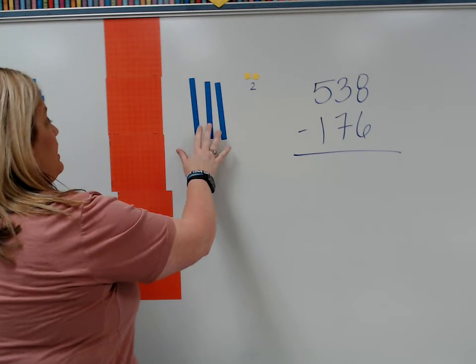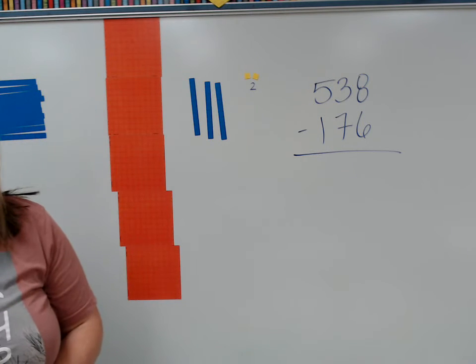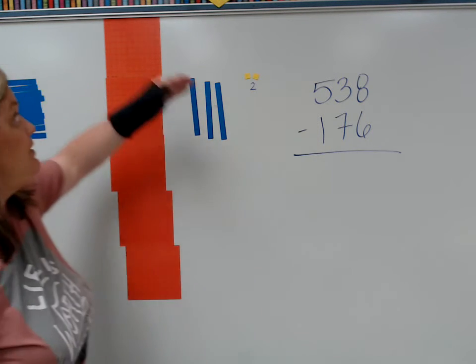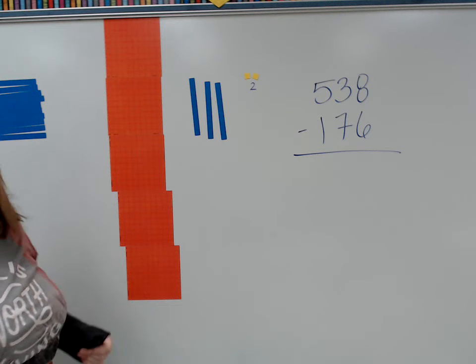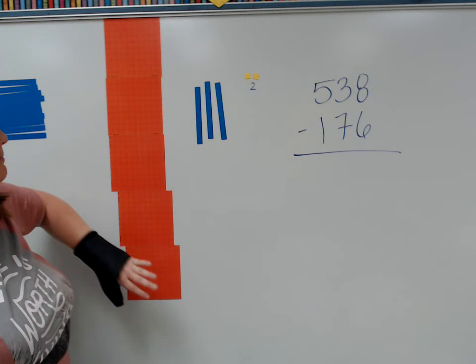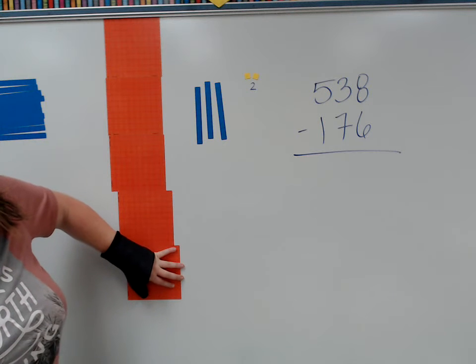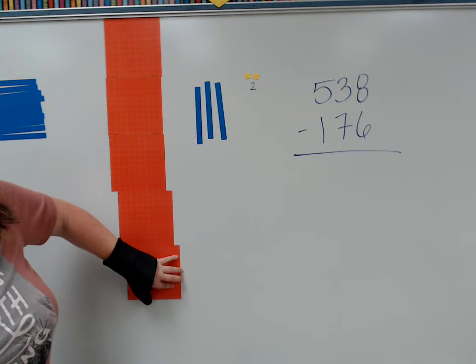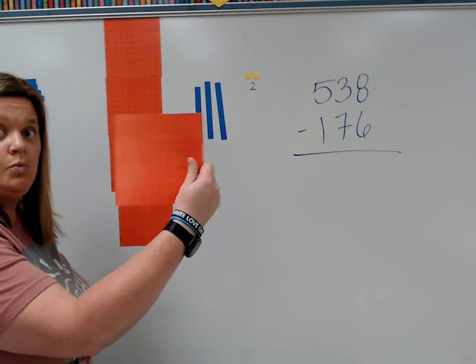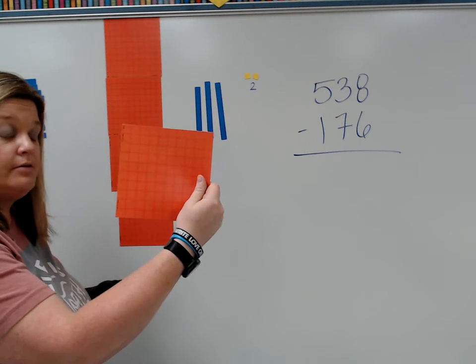1, 2. I don't have enough. But what I do have is a neighbor, and this neighbor is worth 100. And guess how many 10 blocks make up 100 sheet? That's right, 10. So what I'm going to do is exchange one of my sheets right here,